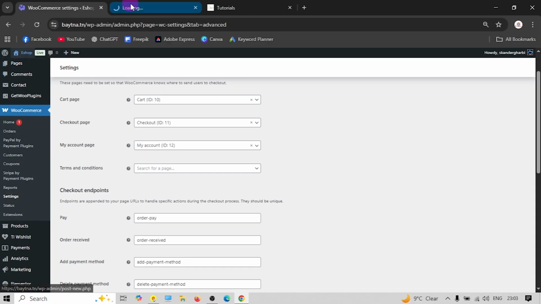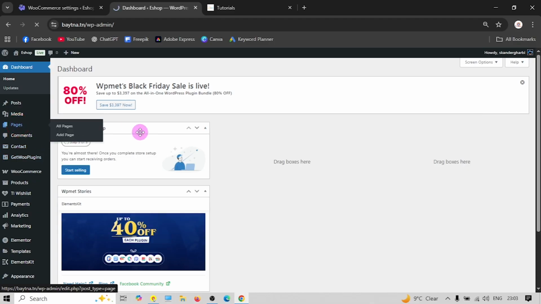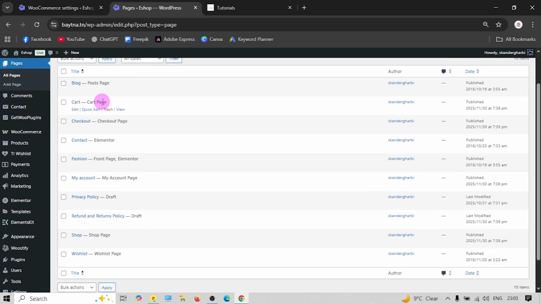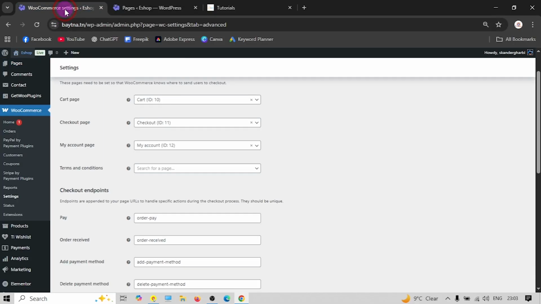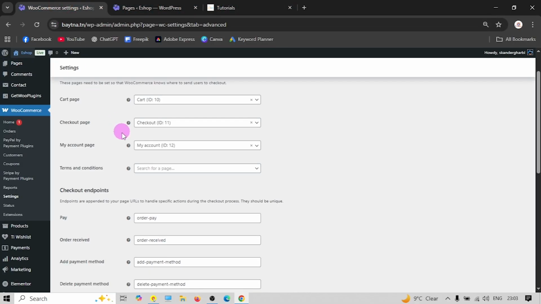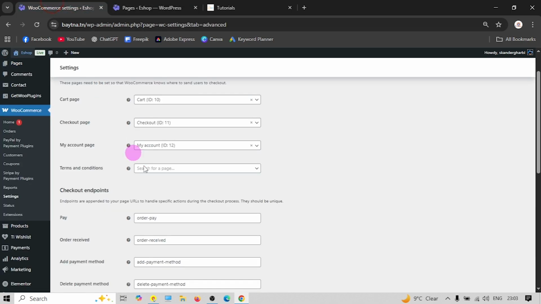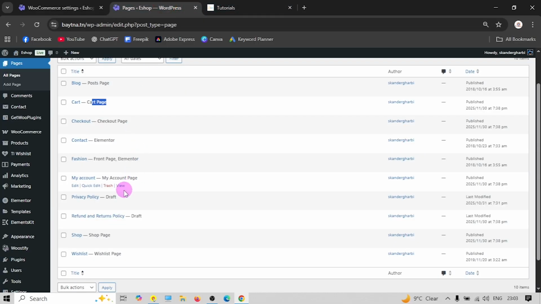Here I'm going to show you an example. These are the pages of your site. If you go to the pages, we're going to see there is a cart page which is connected over here. This dash and this cart page, that means it is connected over here to the cart ID. The checkout page also is connected. The My Account page, which is this one, is a page that is now connected to WooCommerce. And we're missing another page, which is Terms and Conditions. And over here in the page, let's